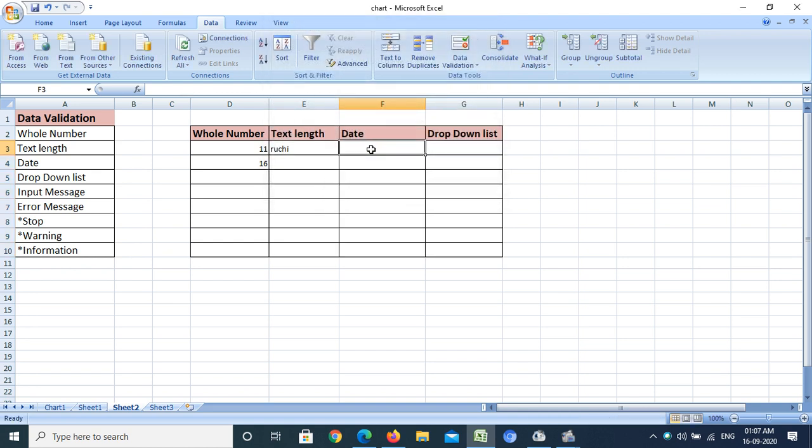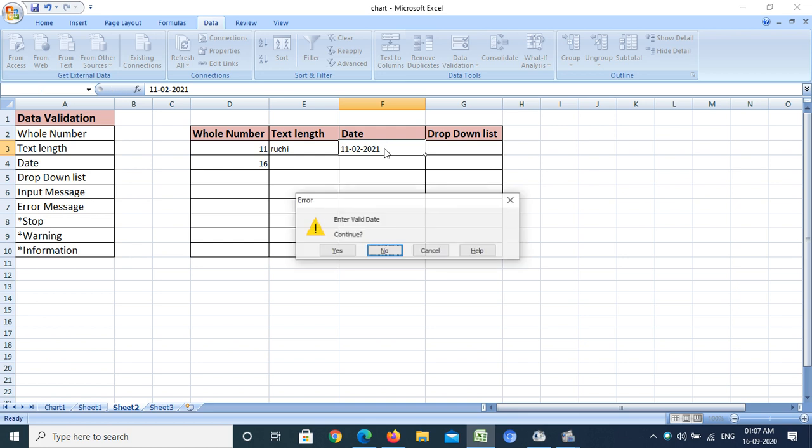Now it is not showing me the comments. Here is the comment, but in this column there is no such comment because I have not entered it in this column. Now suppose I am going to enter a date which is greater than 2020, suppose 11/02/2021.